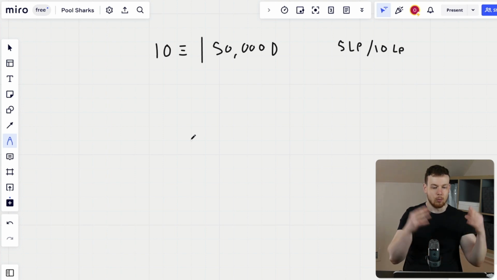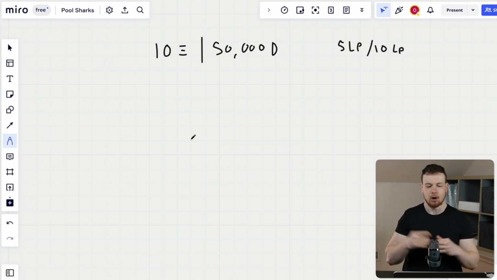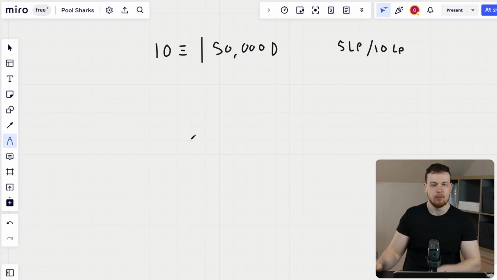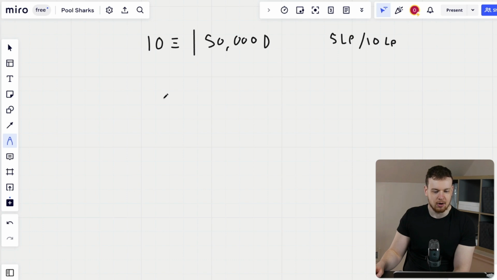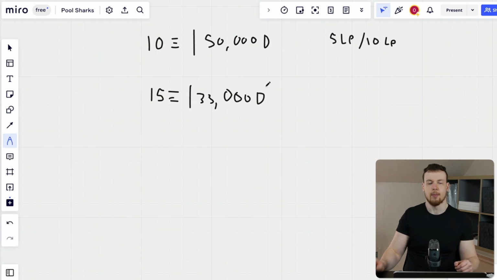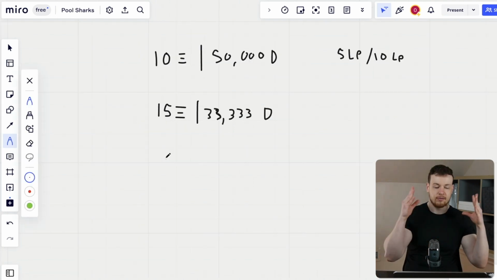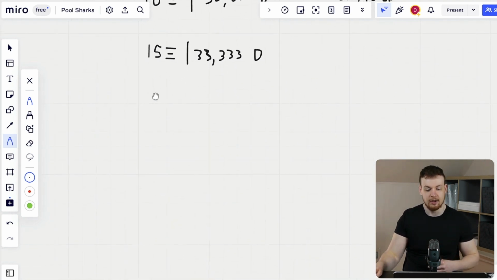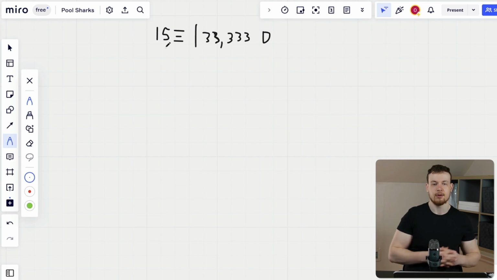Now let's consider one large trader, or you could think about it as many smaller traders or arbitrageurs that are coming in and swapping Ether to DAI. But let's just say that over the course of time, 5 Ether are swapped to DAI, right? So after all the math works out, we end up with 15 Ether and 33,000 DAI. And I encourage you to go back and work through this on your own and see that you can get these numbers. Okay, so after all of the swap math works out, we'll end up with a pool balance of 15 Ether and